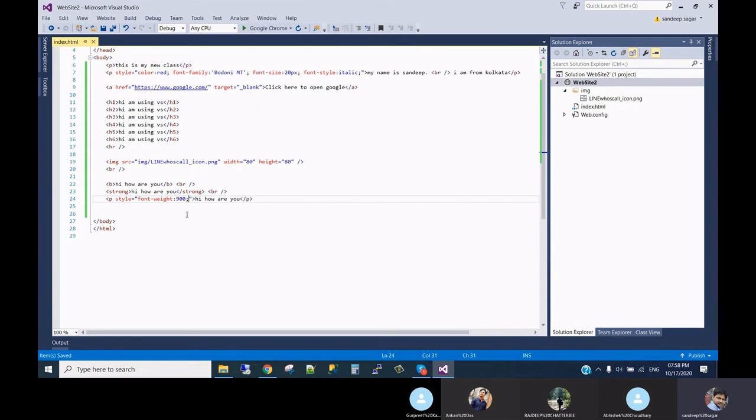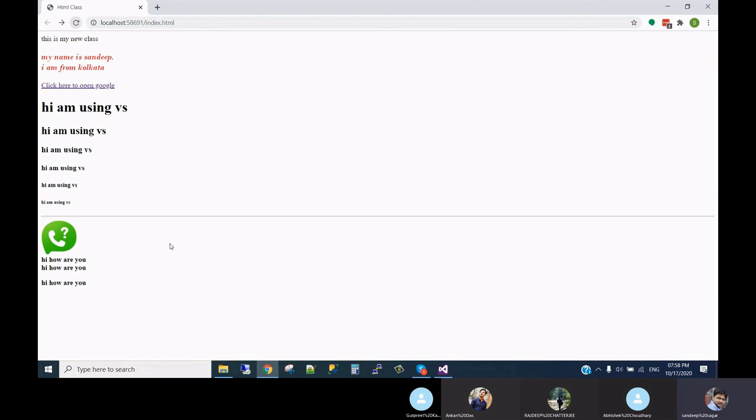So these three can work, whatever you use: bold, strong, and font weight. Almost the same, they do the same work. See, 900, same size. The text is bold, normally which we use in Word as bold B, right?